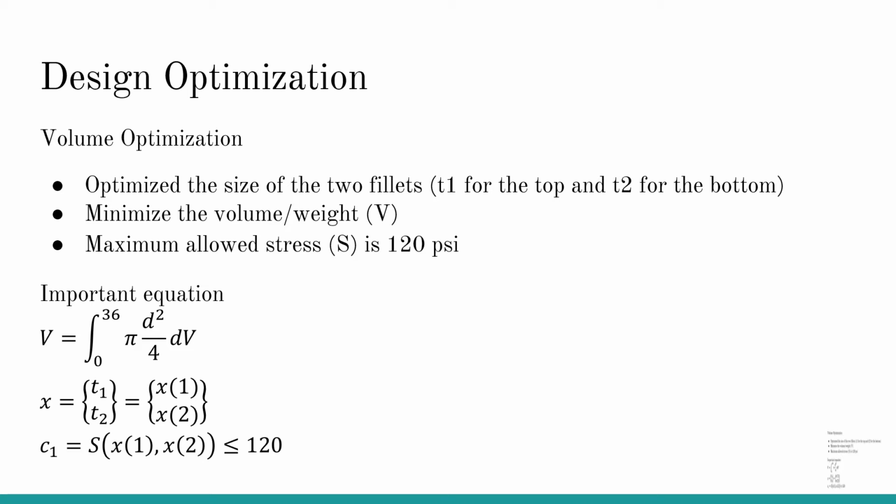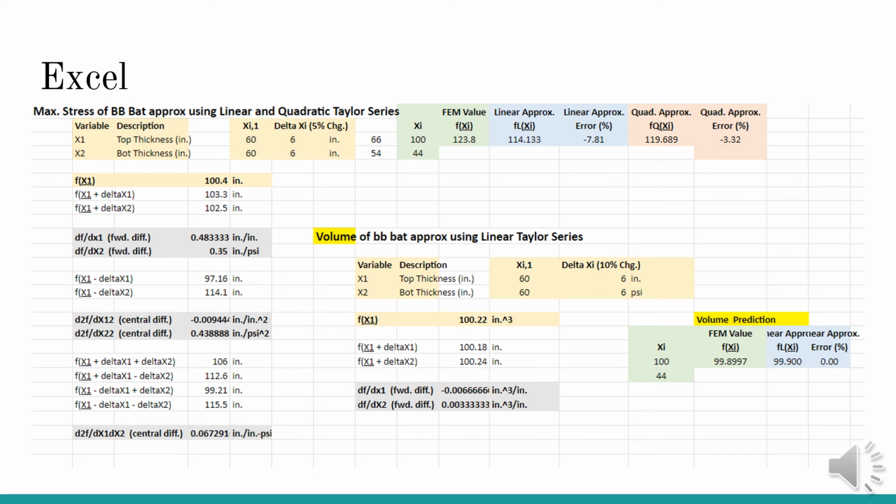Next are the three equations that are important for the project. The governing equation is the volume of the bat, which requires an integral due to the change in radius of the bat throughout its total length. The project only has two design variables, being the individual sizes of the fillets, which are then constrained at the previously mentioned 120 psi. When using the Excel sheet the professor had provided and demonstrated in class, we found that